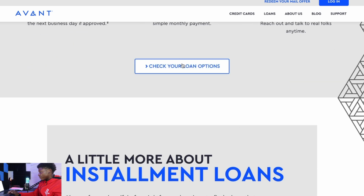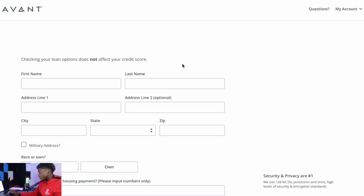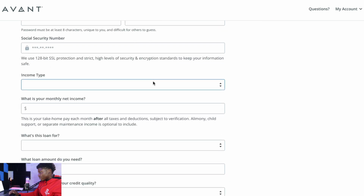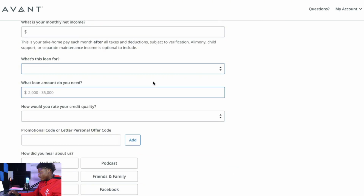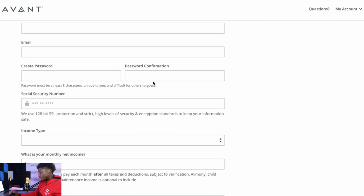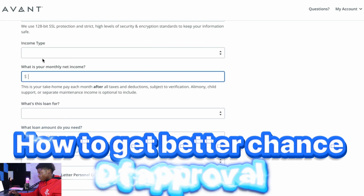So let's just go right here to check your loan options and see what pops up. Hopefully we don't have to put in too much information. But also, guys, I do want to go over with you another way that you can easily get approved for loans. So one way is, after you fill out all this information, guys, you want to come and pay attention